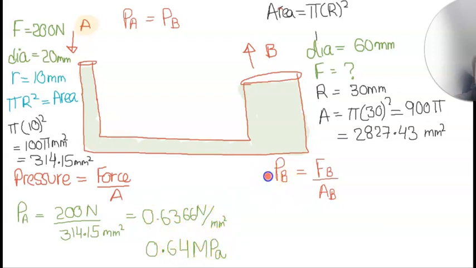So pressure at A is 0.6366, and force at B I don't know, but the area at B I know. So if I make force at B the subject, that will be